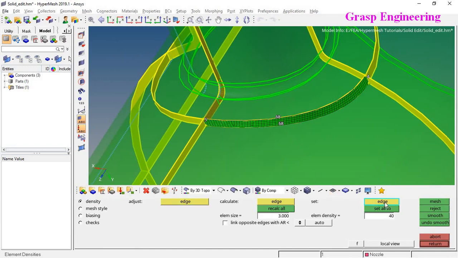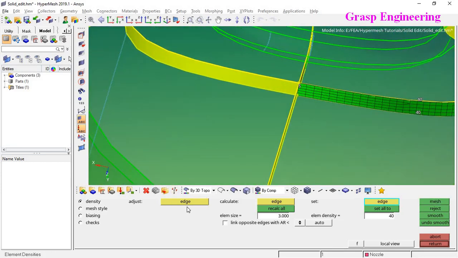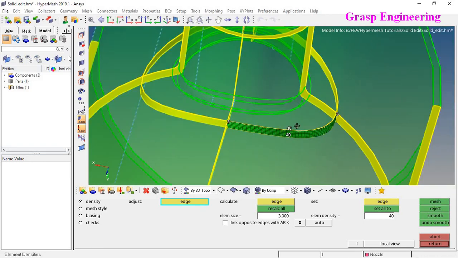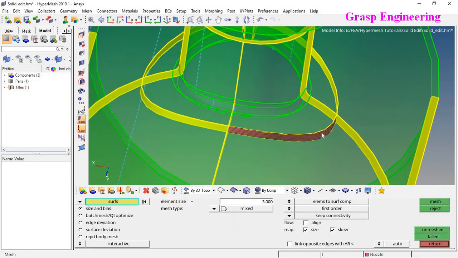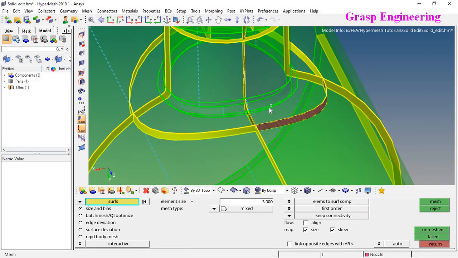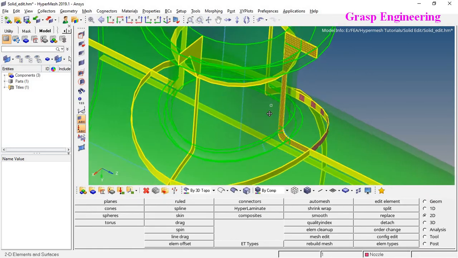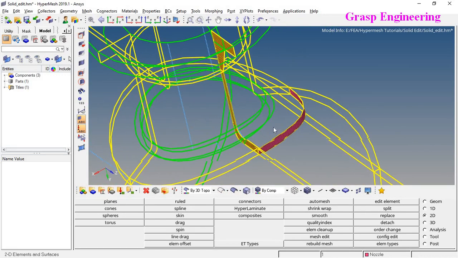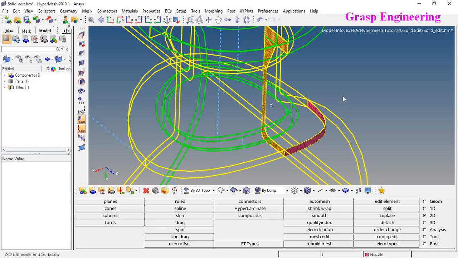I want 40 elements here, okay, and here 5. So we will make it 5, right? Mesh. Now what we did, we created the mesh on the face, and also we created the mesh on the sweep, or you can say on the path.